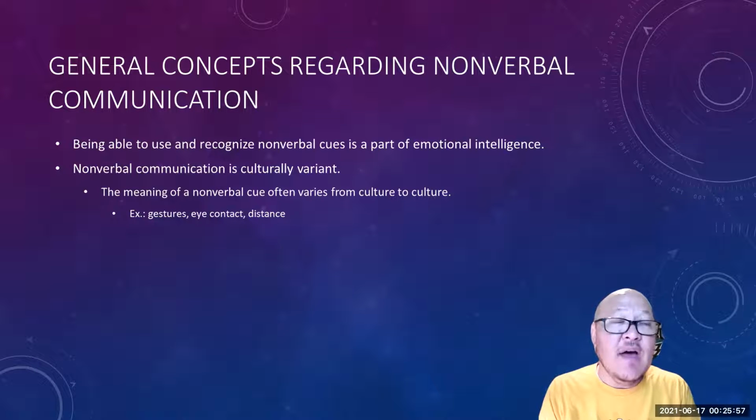So you have things like gestures, you have eye contact. In our American culture, our expectation is for people to establish eye contact with us and maintain eye contact with us as a sign of listening and as a sign of respect. Whereas if you encountered someone from an Asian culture and were engaged in a conversation with them, and you made that same sort of eye contact, that would be perceived as being very rude. If you've ever spoken to someone from an Asian culture and they didn't establish a lot of eye contact with you, in Asian cultures, that's a sign of respect. So it's kind of the opposite of our culture.